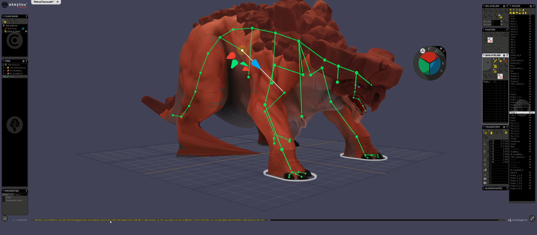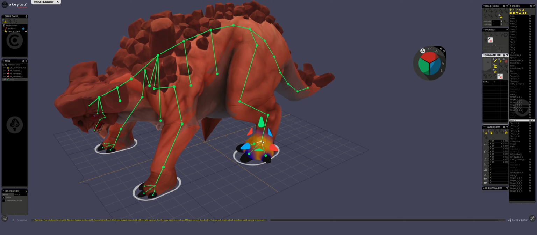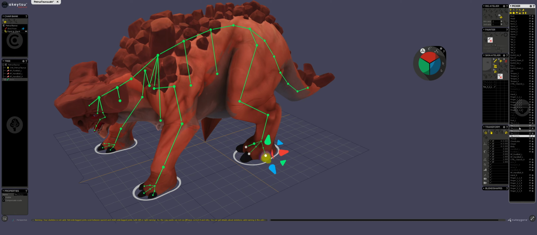I still don't want. Okay, so that really means that you need to make sure that the joint chain from the starting point to the end point is perfectly labeled. My guess is that if you select the very end joints and don't label them,